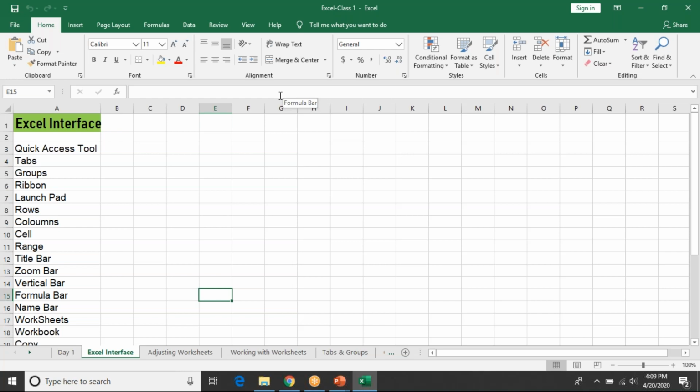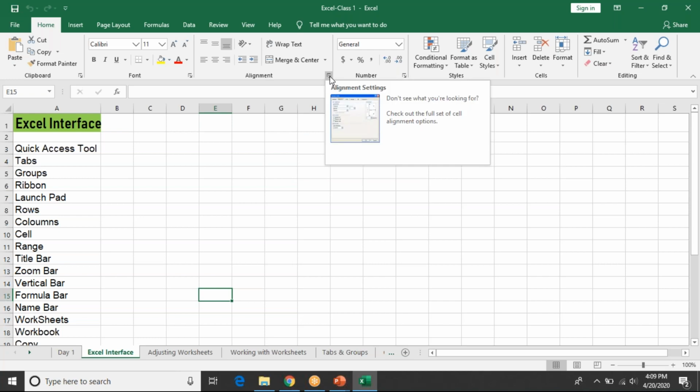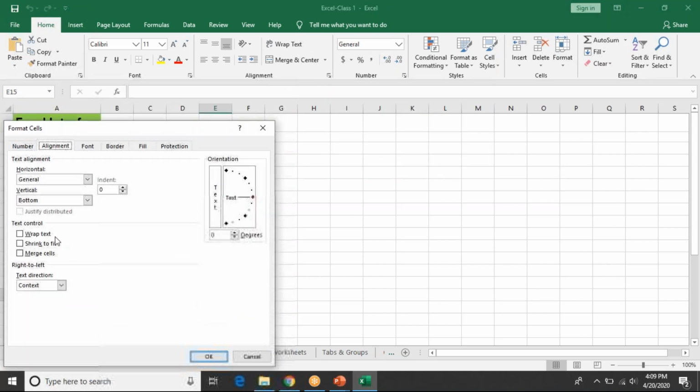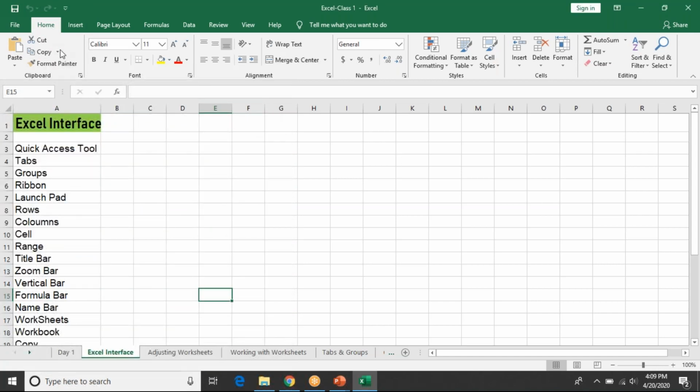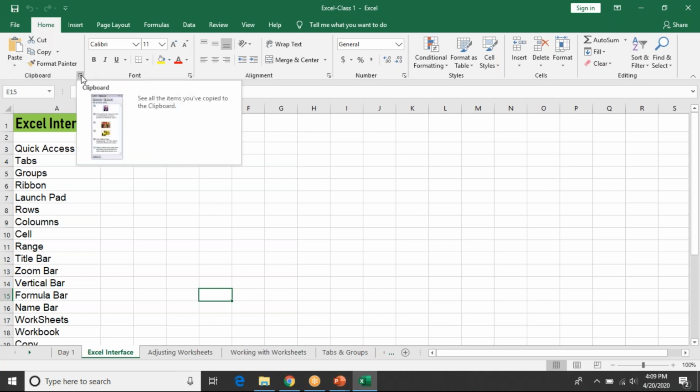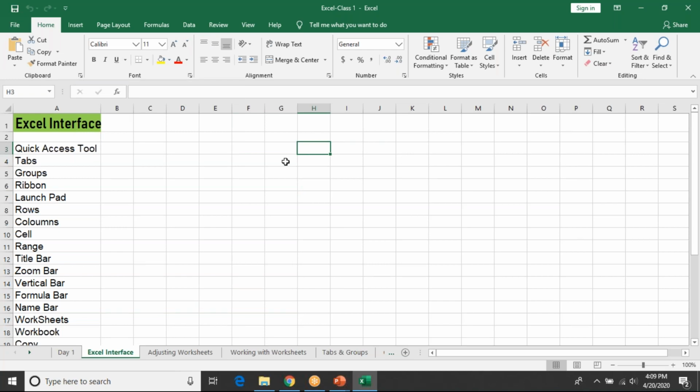On top of the command center, it is activated by the tabs. So you should know these are tabs. Clipboard, Font, Alignment are groups. Under each group you have something called a launcher. What is this launcher? Under Wrap Text or Merge & Center, if I put my cursor here, this is called a launcher. When I click on this, I get a dialog with more details and information. So I'll repeat, these are tabs, these are groups, and this is a launcher. This is something you should be aware of.